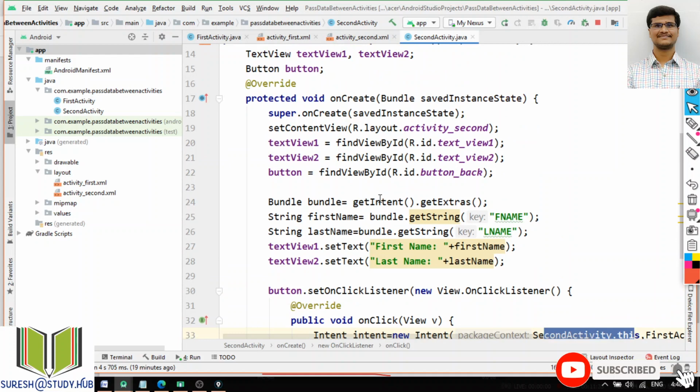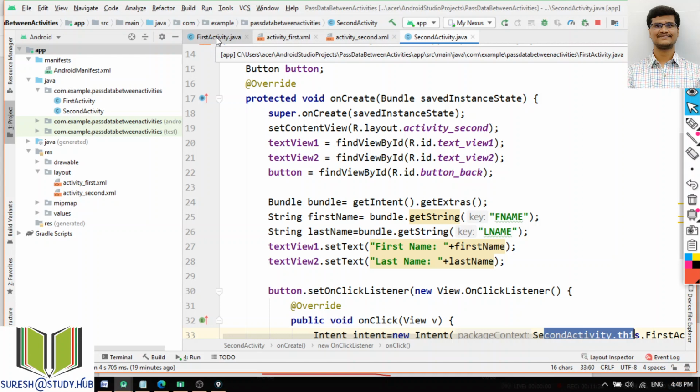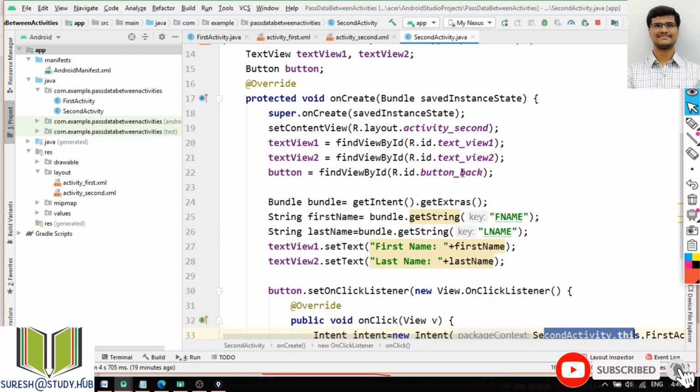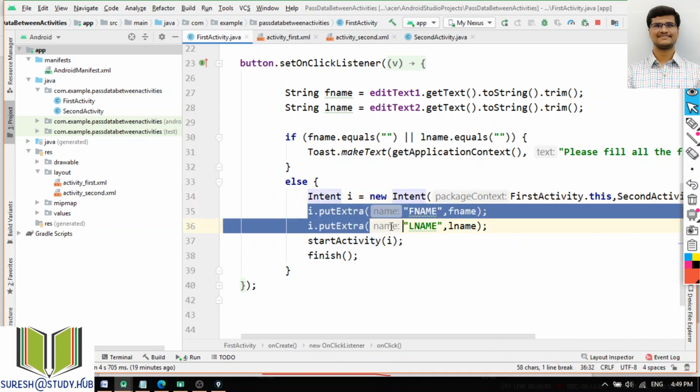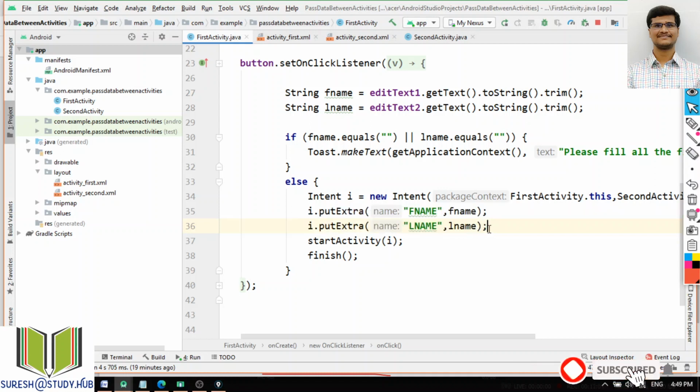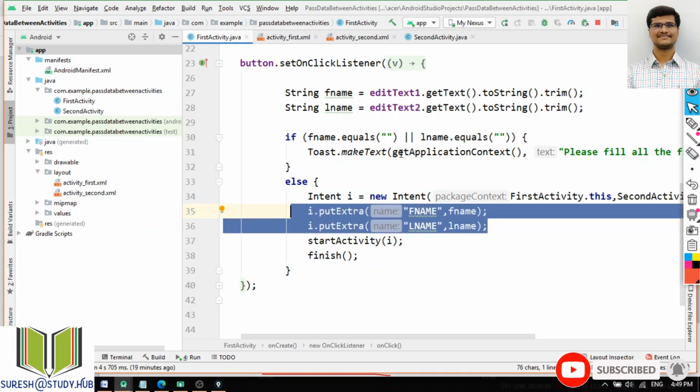The only extra thing compared to our previous application is this: in the previous application we were switching from one activity to another without passing data between those two activities. But this application passes the data from one activity to another by using the intent putExtra method, which is used to store the values. Actually this is not the correct way; generally we will use databases.